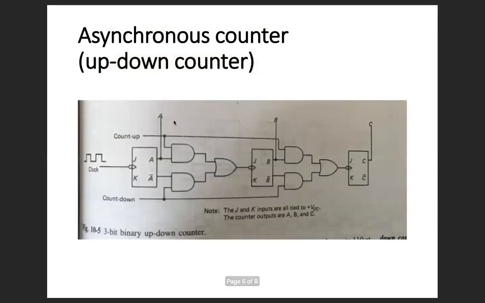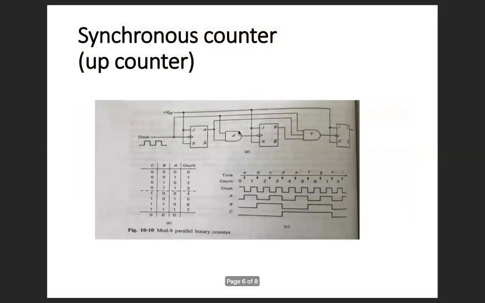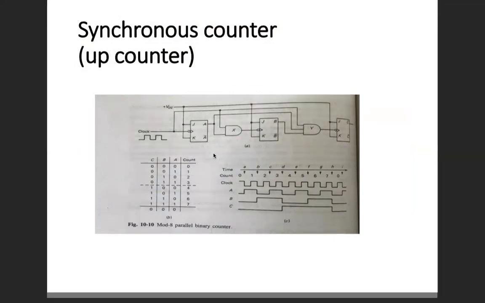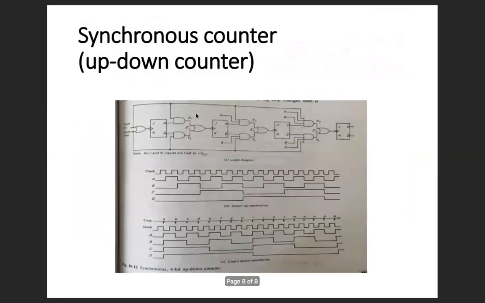Now this is the up-down counter, synchronous up-down counter. This is the circuit for the synchronous up-down counter. This one is the synchronous up counter, which we discussed last session. So this one is the up-down counter for synchronous. If you have any doubt regarding synchronous and asynchronous counters, and both types of counter,